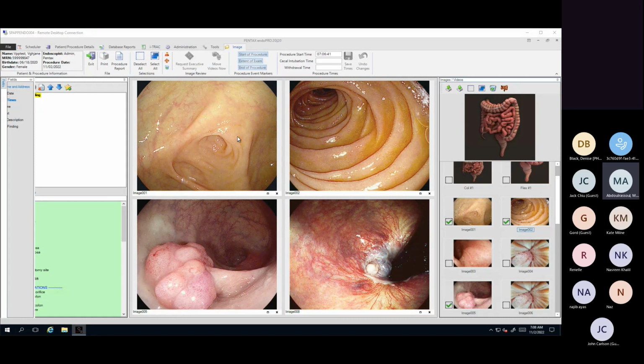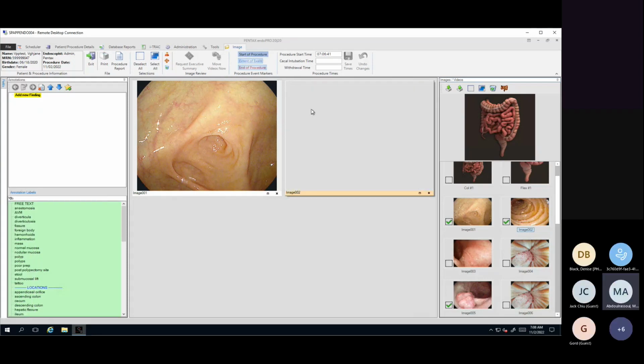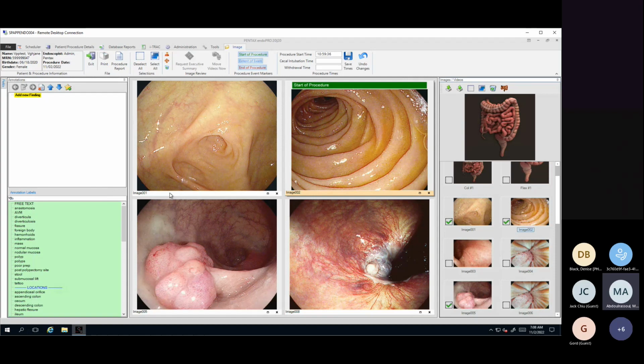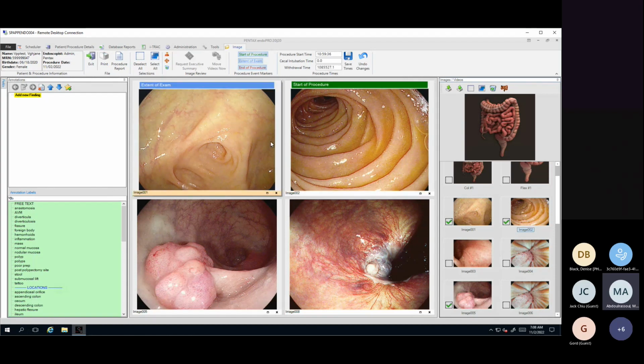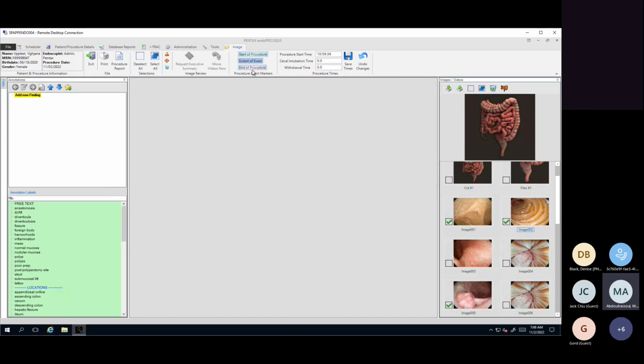First and foremost, if you choose to do so, you can capture your procedure times within the image review component. To do this, you'll notice on the top of your toolbar, you have a few buttons marked as start of procedure, extent of exam, and end of procedure. We're going to use these to mark each image. For example, we're going to mark image 2 hypothetically as our start of procedure. We're going to mark image 1 as our extent of exam. And lastly, we're going to mark our retroflexion as our